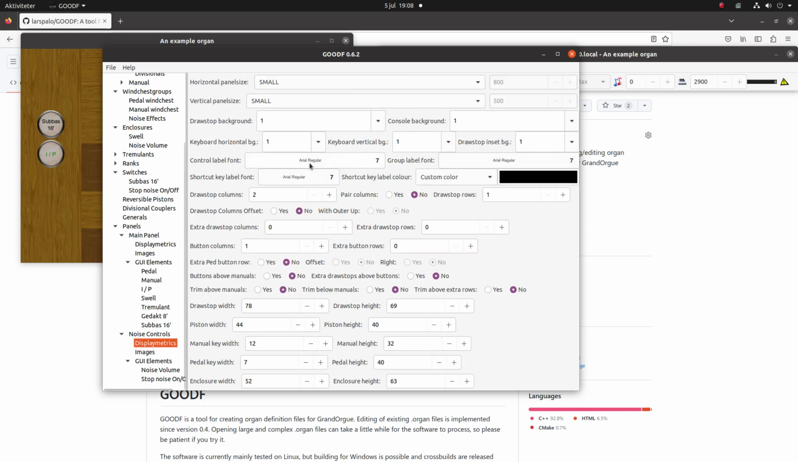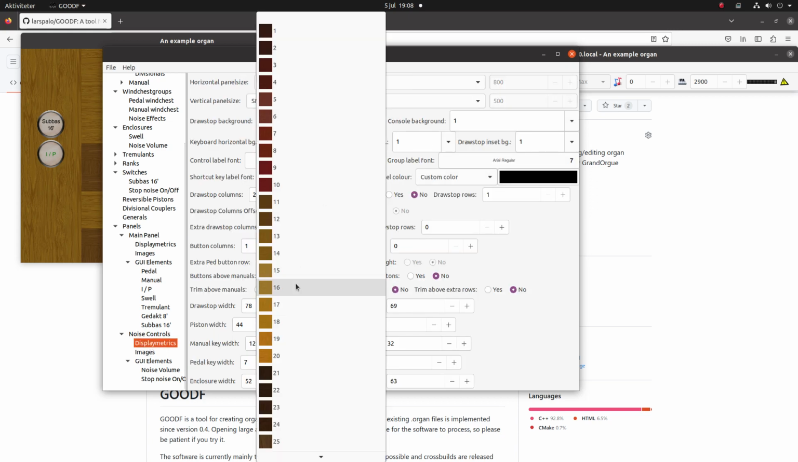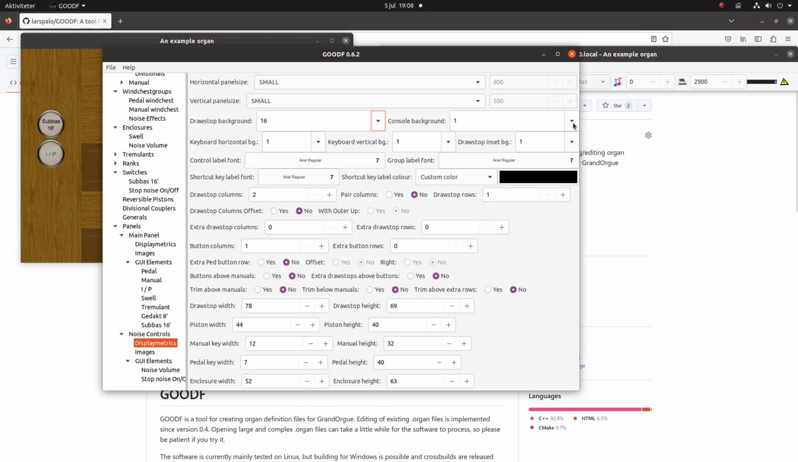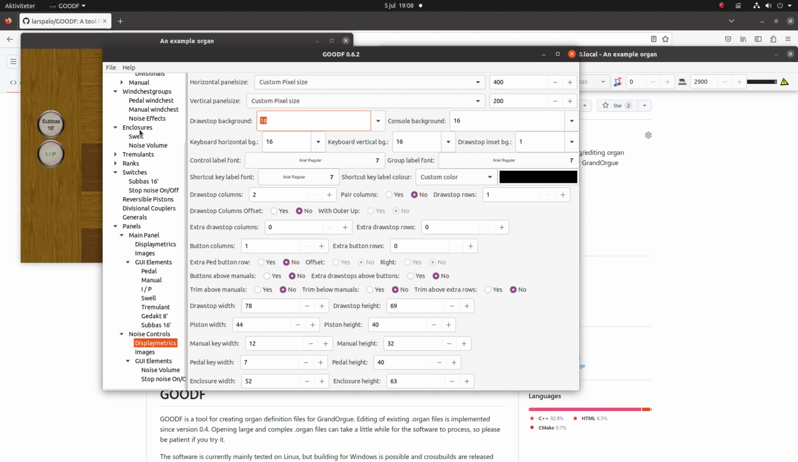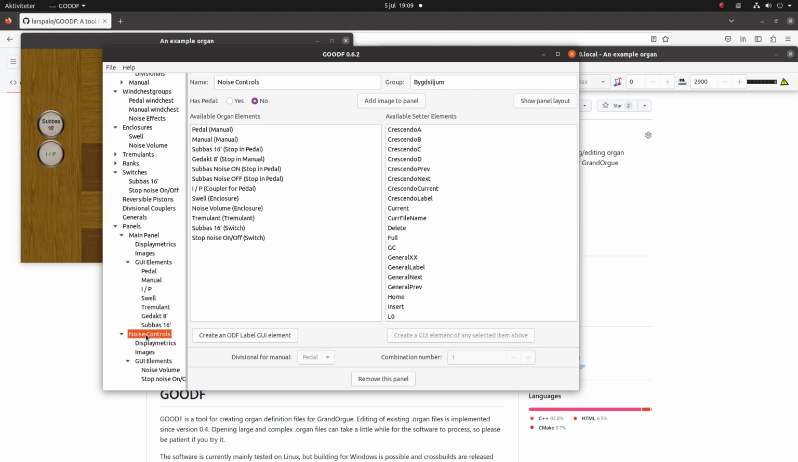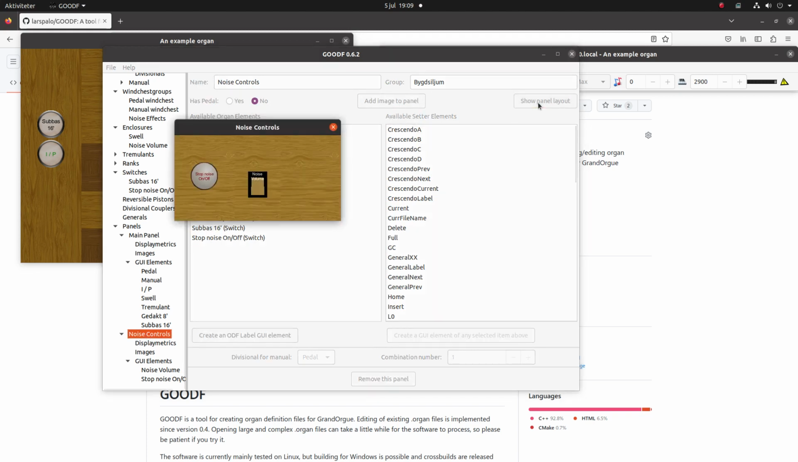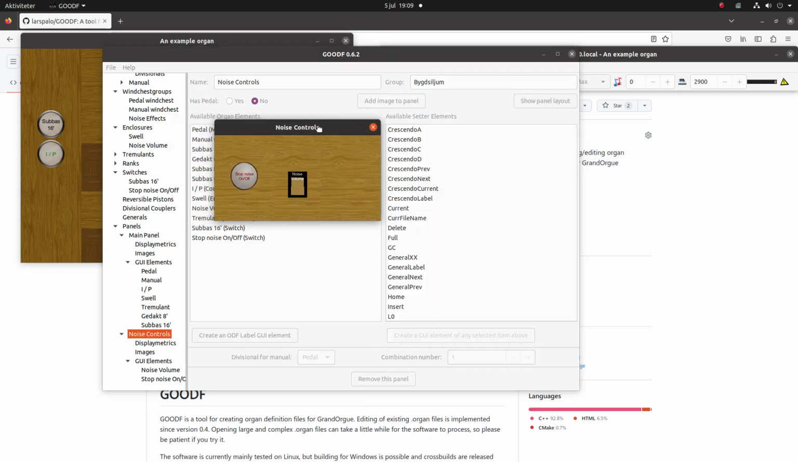And we could alter the looks of it a little, like so. This doesn't really have any effect, but I will change the size. That does matter in this case. And we can have a look at it, how it looks like. Okay, so